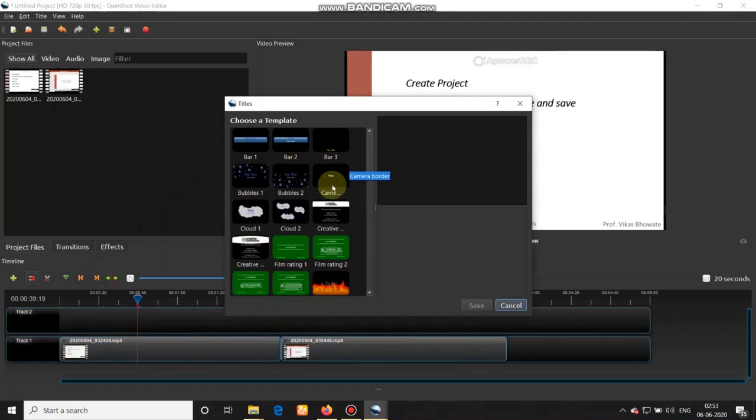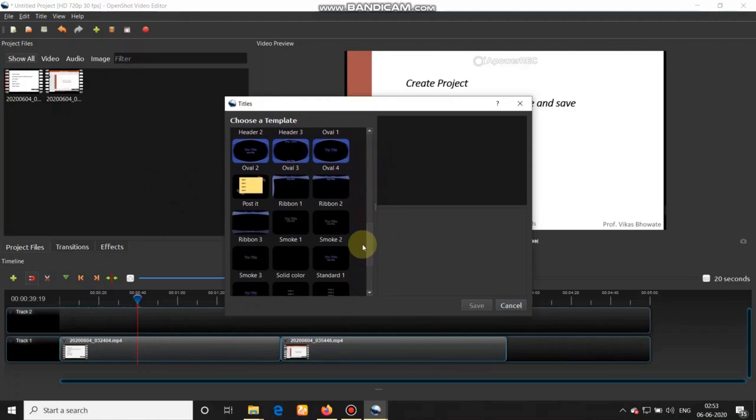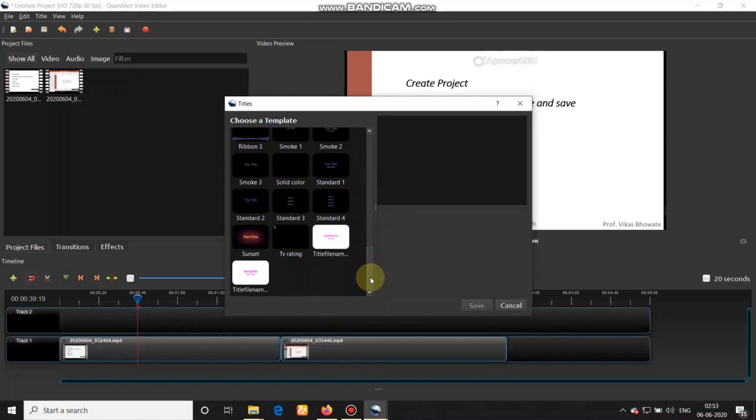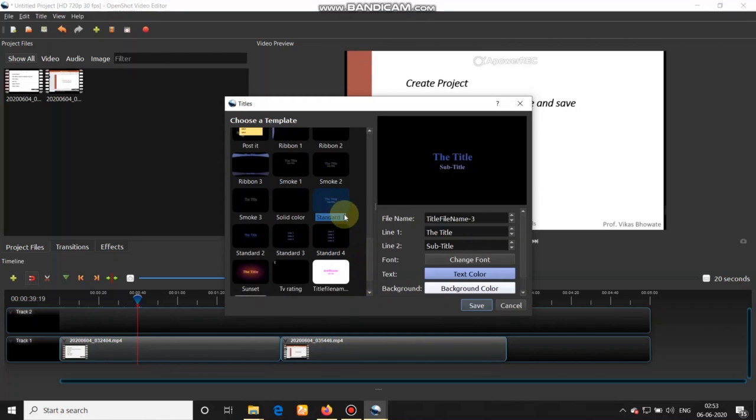Just go for selecting a title, as there are many formats available, but as we want to add something as a part of something that we have missed out, just select the simplest title. Suppose I have selected standard one. So once you select the standard one, in this window it appears.